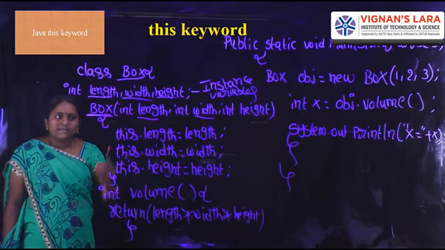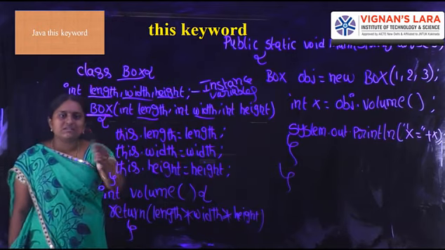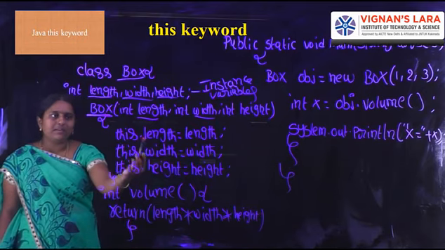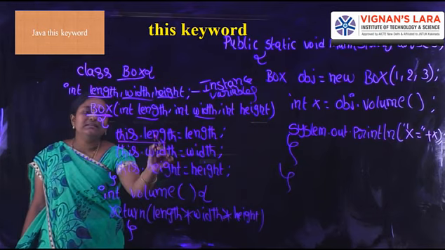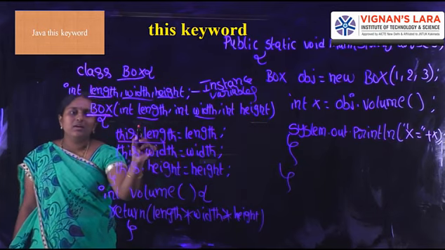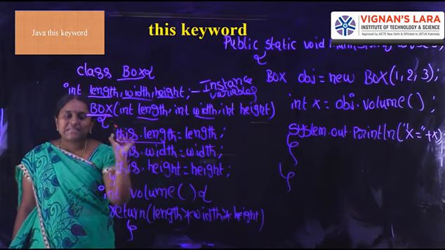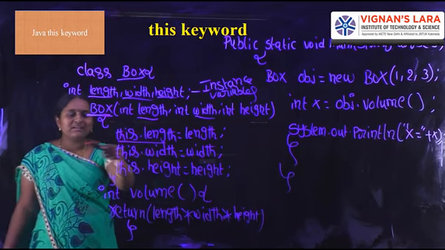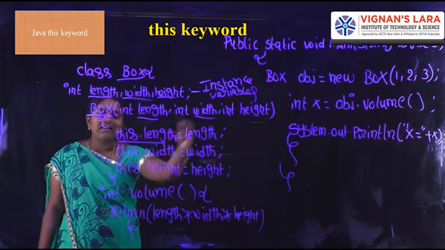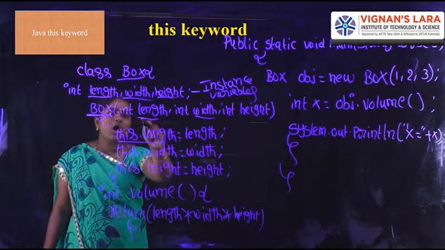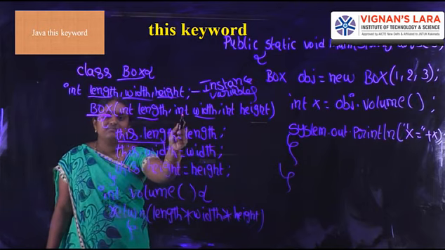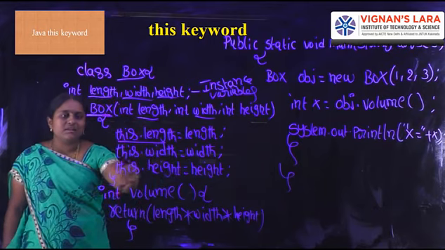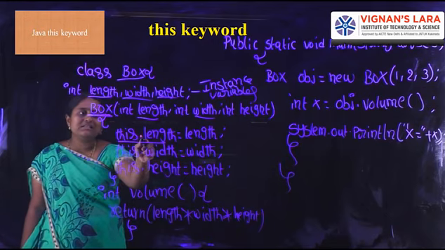So what is the body of this Box constructor? In this one, I am differentiating instance variables and local variables. Here this.length, in this the length is an instance variable. The this keyword represents the instance variable of the current object. Left-hand side is instance variables, and right-hand side is the arguments of our constructor, so they are local to our constructor. That's why I am calling this reference.